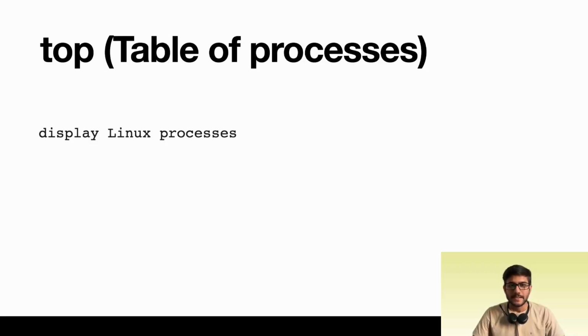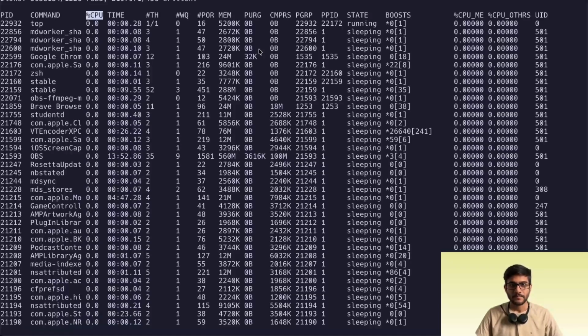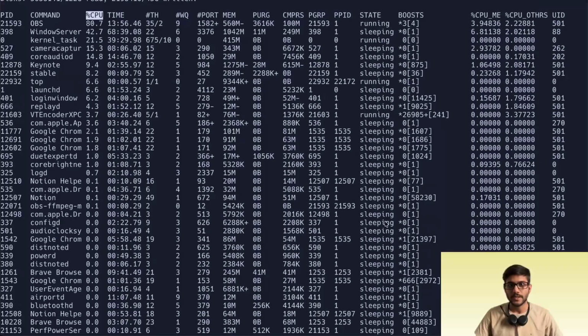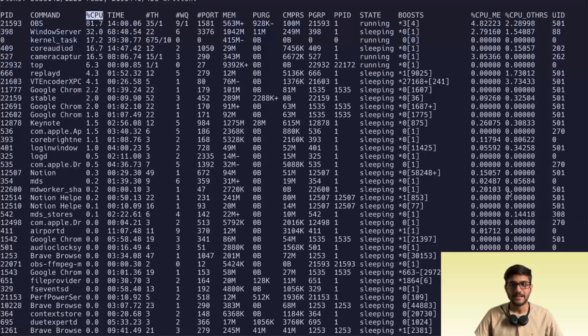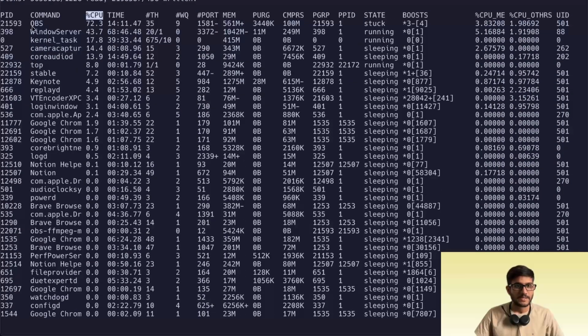So next is the top command, which stands for table of processes. It displays the Linux processes, and this top command is dynamic in nature. I'll show this to you in the terminal. So here, if I type top and press enter, then you will see that I have a nice dashboard opened and it is updating dynamically. Every second it updates, which shows a lot of information here. The processes, which is 727,